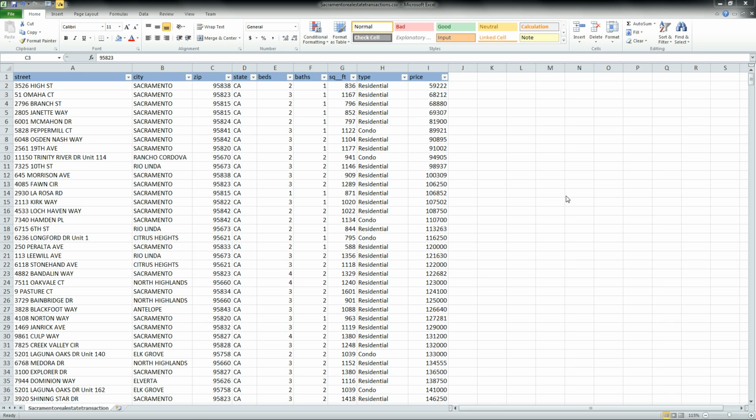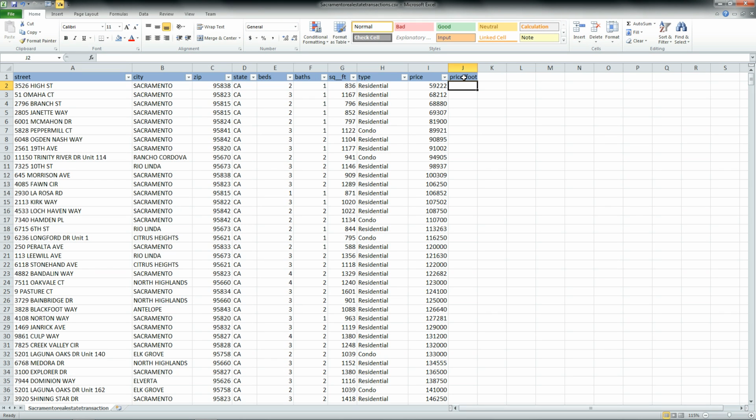What we're looking at here is some basic sales data, and I want to do some very simple calculations to figure out, say, the dollar per square foot, maybe add an approximated cost of the house to maintain, and maybe even create a cute little description of each of the houses. So here we have the street, the city, the zip, the beds, the baths, the square footage, and the price. So the first thing I'm going to do is a calculation for price per square foot.